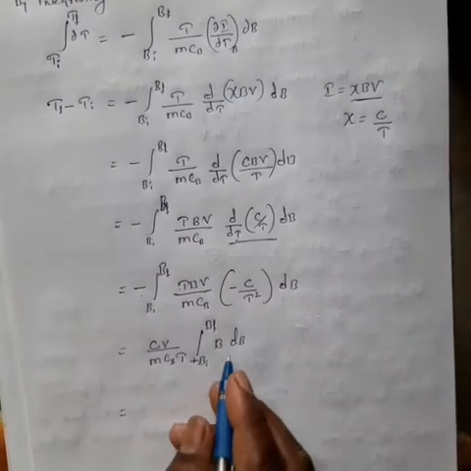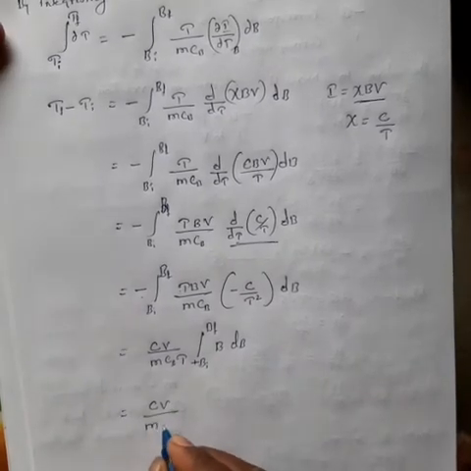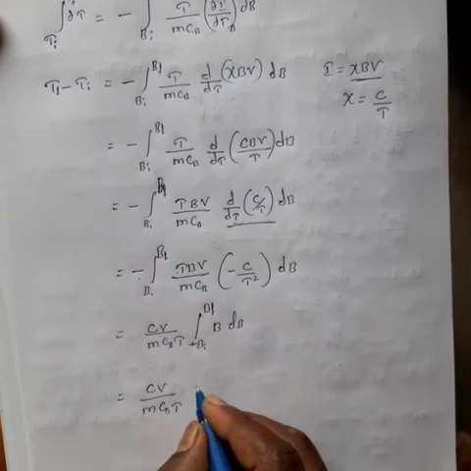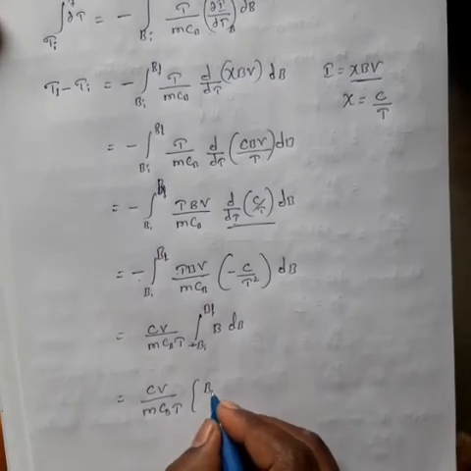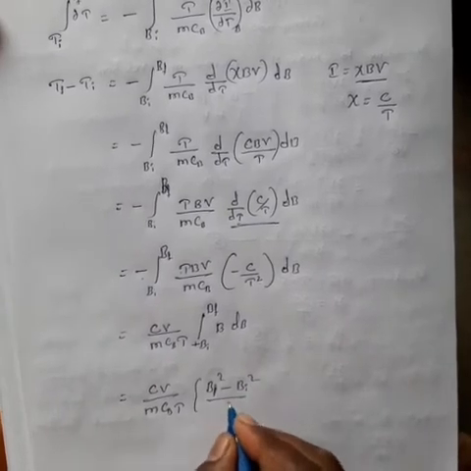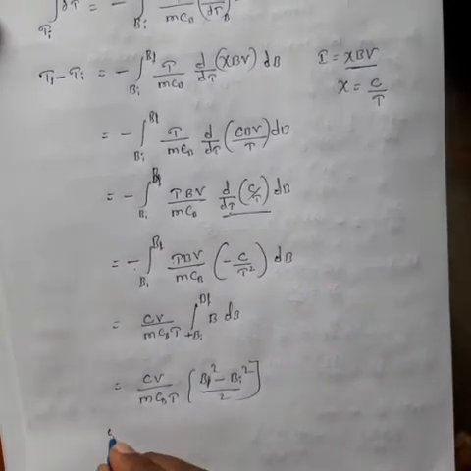Now if we integrate this, CV divided by MCB into T, so if we integrate we get Bf square minus Bi square divided by 2. So where